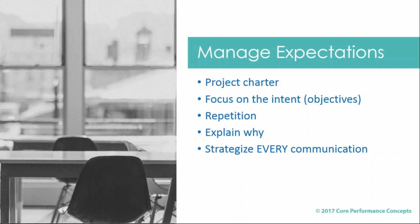So every communication you have, you've got to be thinking about the objectives of the project, the scope of the project. How do you make sure that people understand? And then getting the answer that you're wanting to get out of it. Now,